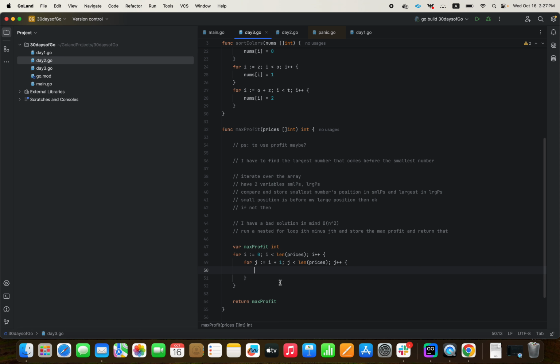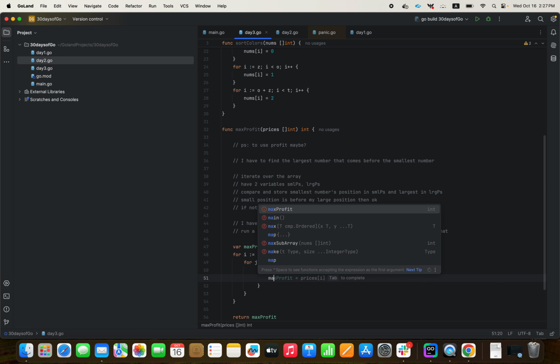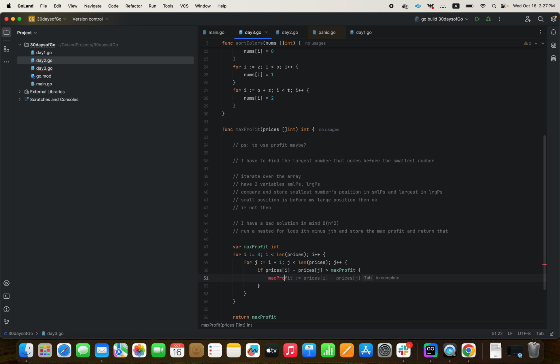So let's just say if prices i minus prices j, and let's just put it in an if, prices minus j is greater than max profit, then prices i comes before j, yes, then max profit equals to